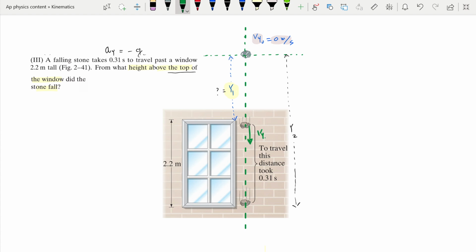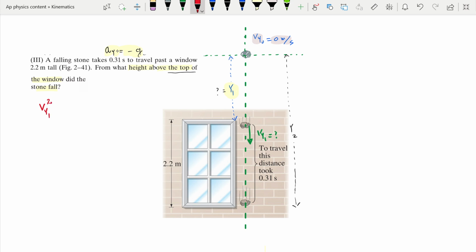Let's call it vy1. We also don't know about that. So let's apply one of the kinematics equations, because this is uniformly accelerated motion. And since we are not given the time to cover this path, the most suitable equation is this one,